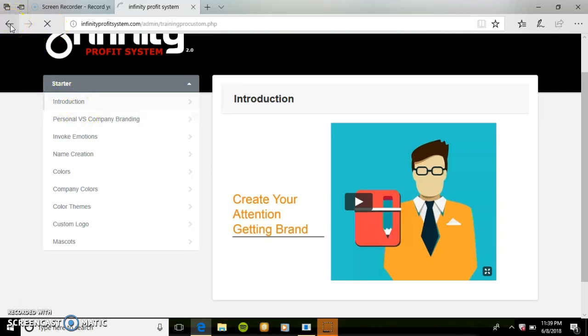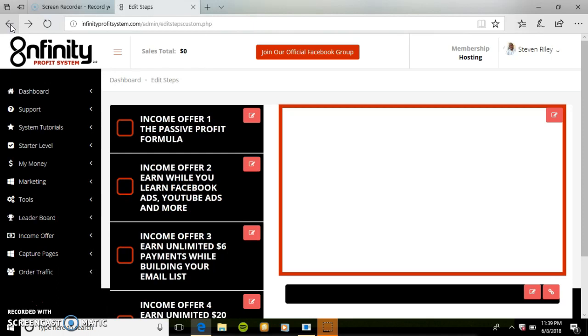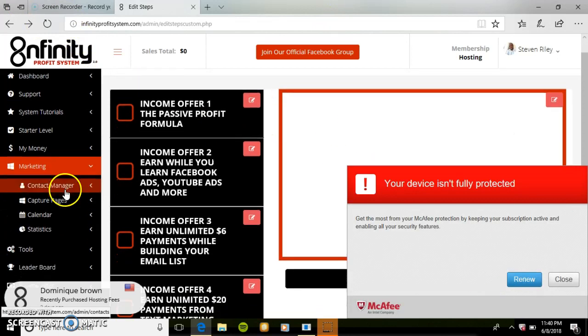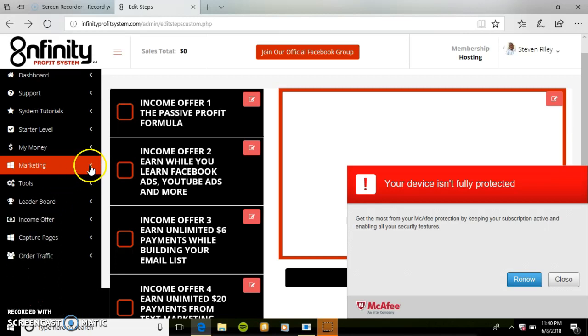So with that being said, again, this is probably one of the best systems that I've ever seen because of so many features that it has inside of it. And the fact, again, that you have all your business opportunities in one solid platform, one area, okay? Everything that you need to get started is provided to you. All the marketing, you have your capture pages, you have a contact manager just in case you need that also.